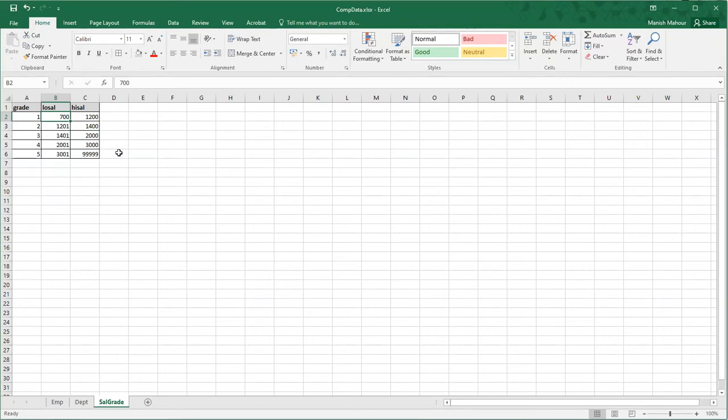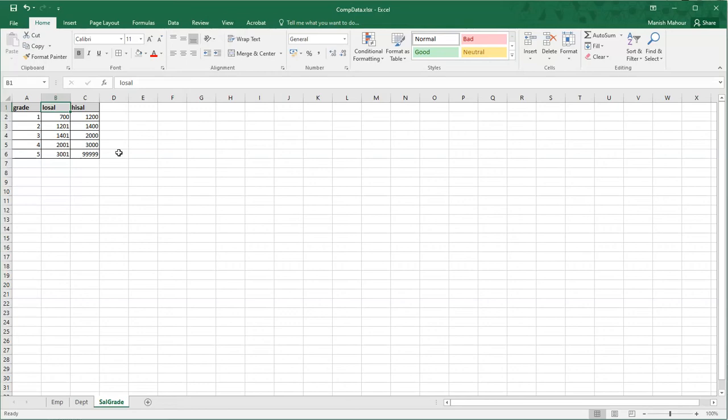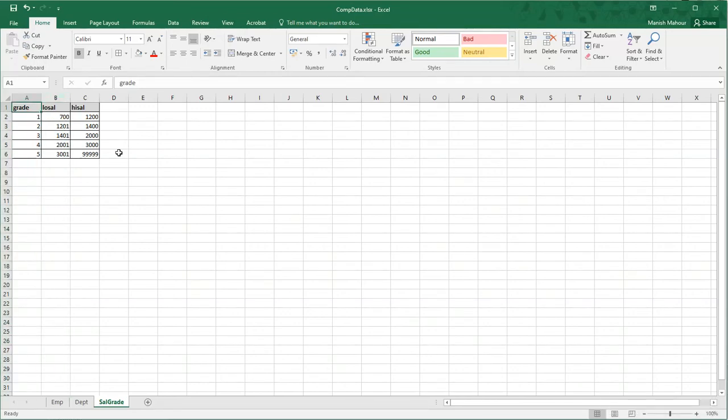So it will pick 1 from the grade. But there is a problem that we cannot apply VLOOKUP from this column to this column. So we can do two things. Either we can move this column to this side, or we can use different VLOOKUP methods that we will discuss later. First we will just shift this column from this side to this side,